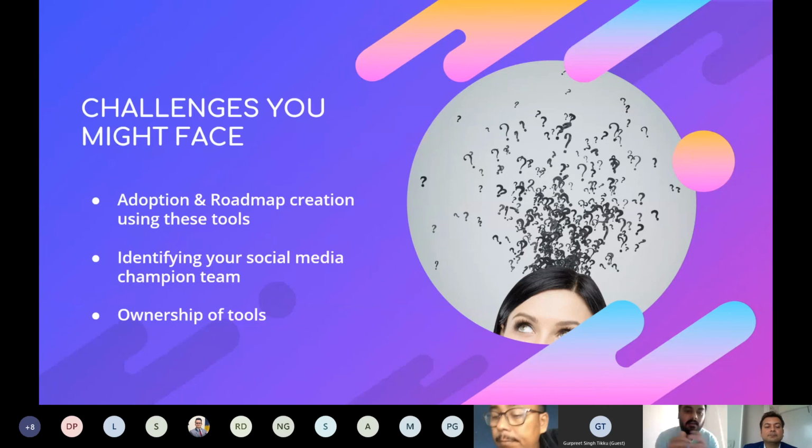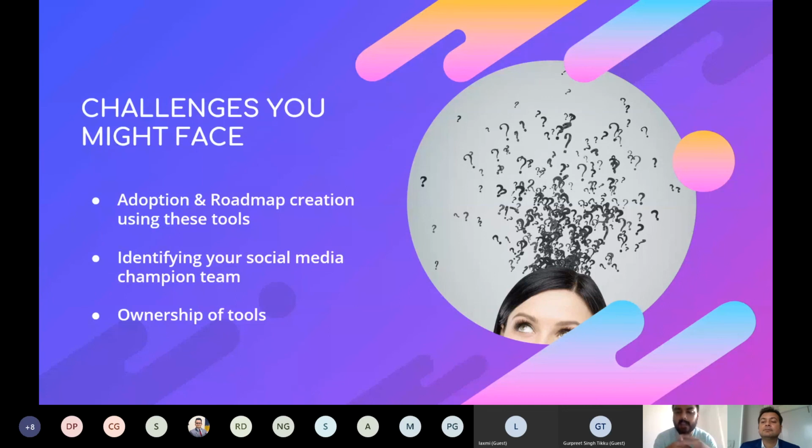And the third is the ownership of tools. I think Preetham, you brought up a beautiful point on how all of us don't need to get all the subscriptions. You can start sharing and working on it, but at the same time you should have a tool champion. So let's say I have Miro board, and as an agency I use Buffer and the Facebook business manager. For each tool I have a particular person who takes care of that platform, who makes sure that any person from the team collaborating on that platform is not screwing up the dashboard or making too many changes to the way we work.